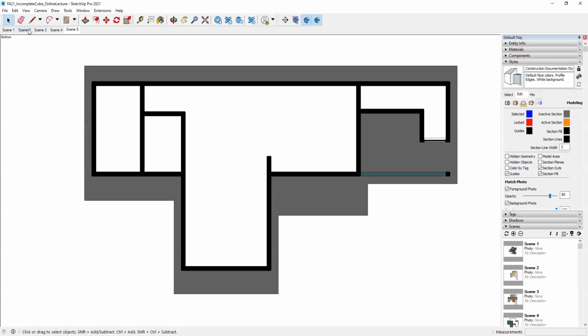So now we have scene 1, scene 2, 3, 4, and 5. These are floor plans. These are reflective ceiling plans. If you want to rename these, we can right click on them and select rename, and we can rename them here. We can also, in the scenes tab in the default tray,